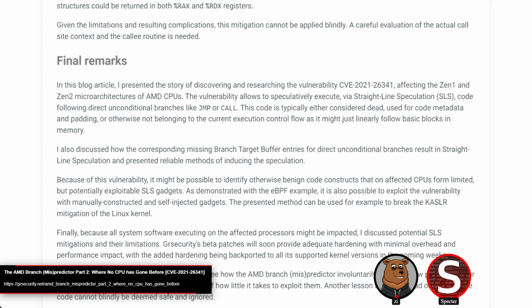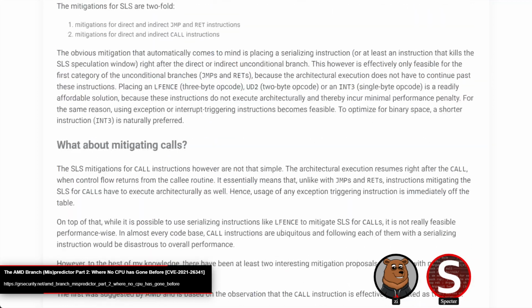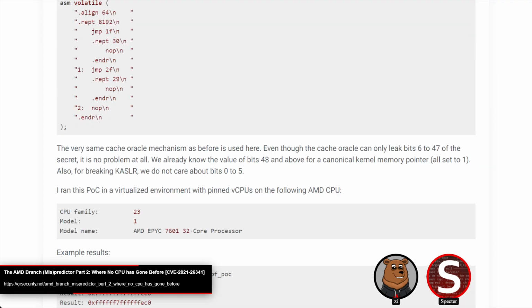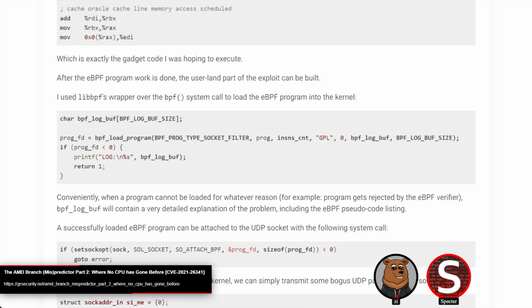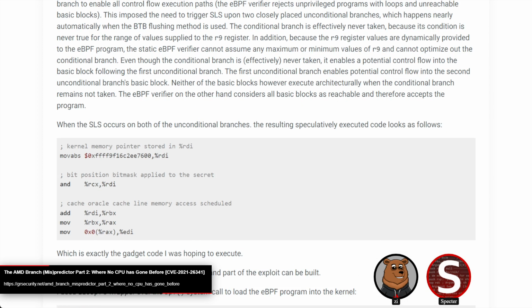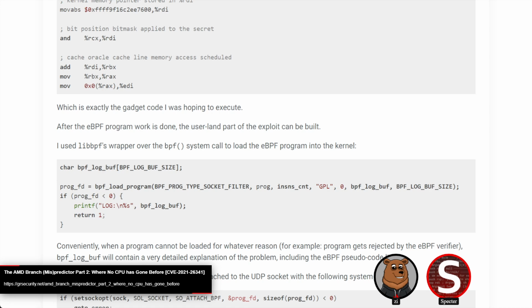But you can check out the BPF filter. They have the full snippet there in the article, so if you want to check it out, it's there. But basically, they set up a gadget after this load of a kernel pointer into a BPF register in such a way that you could leak bits of that pointer through the cache. They couldn't leak all the bits of the pointer. I think they could only leak like bits 7 through 49 or something like that. I don't remember the